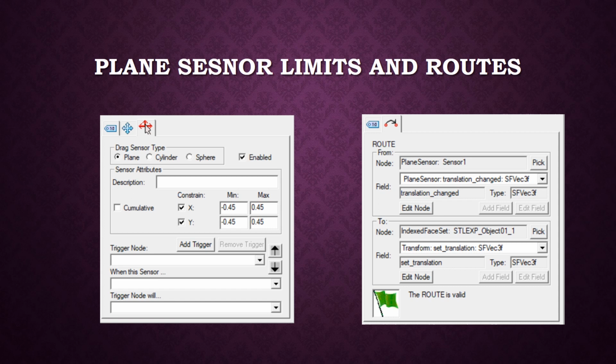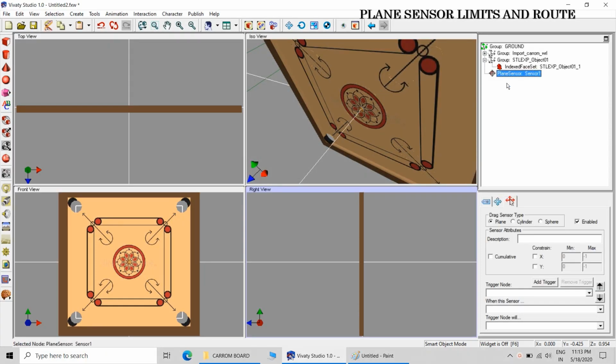So it is an indexed face set, IFS, and the field will be plane sensor translation changed to SFVec3f, and set translation SFVec3f. So such type of routes needs to be defined. So minus 0.45, minus 0.45, and here it will be plus 0.45.